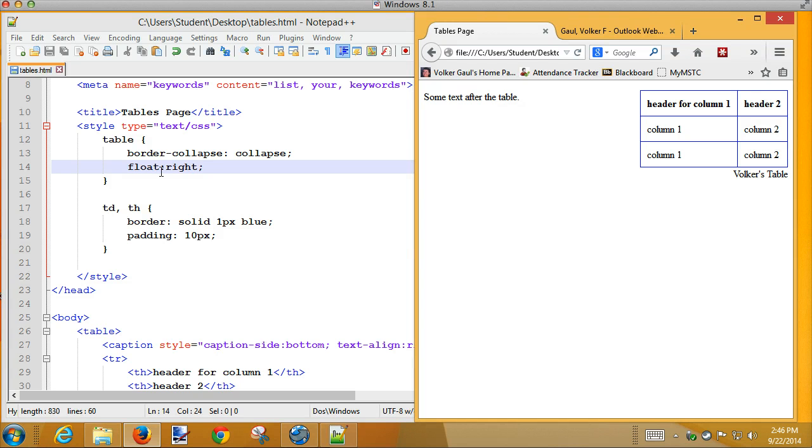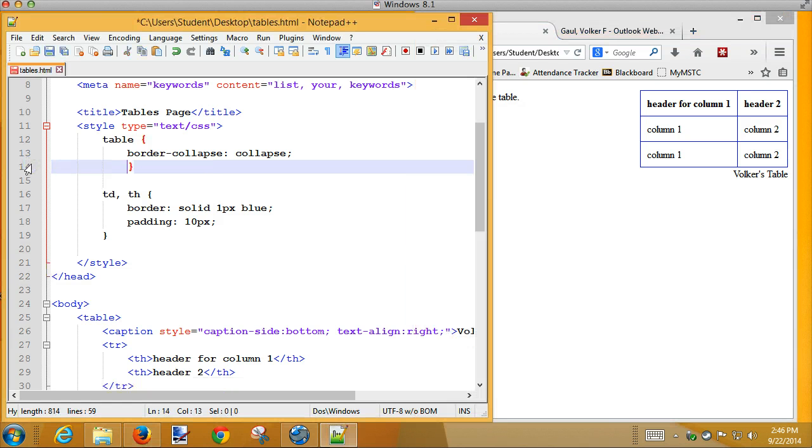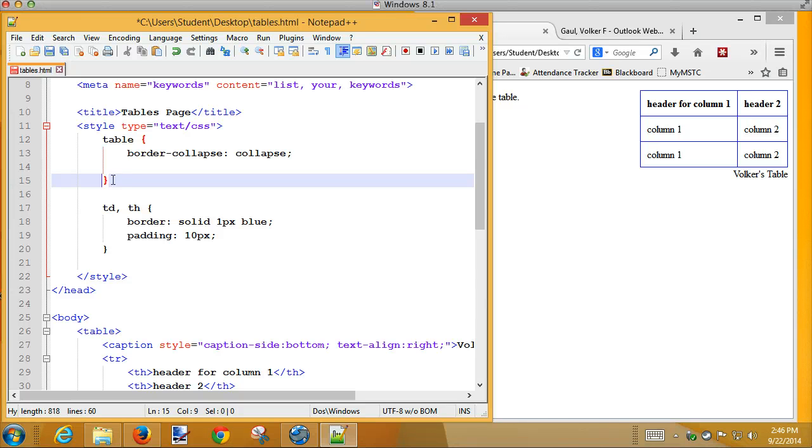What's missing is a float center. No such thing. It's amazing how many HTML assignments I get that say float center on the table and think that's going to center it, and it doesn't. If you want to center the table, then you set its margins. And I think I've discovered that we can set the margins period